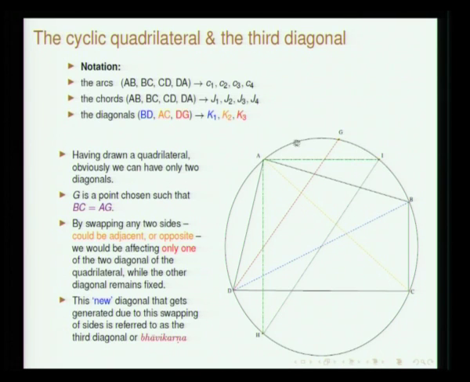So, the corresponding chords, these are basically the jyas, they form the sides of the cyclic quadrilateral. The arcs AB, BC, CD, DA are denoted as C1, C2, C3, C4, the chapas,